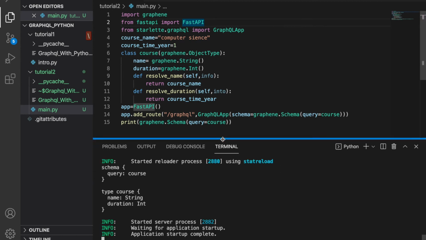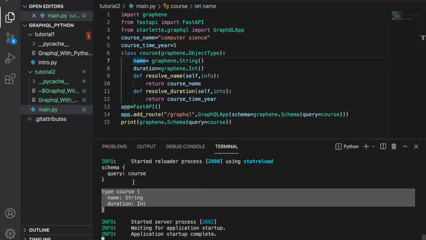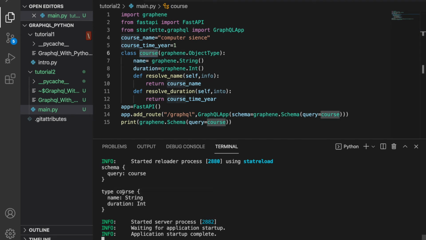Now, just because I printed this, see, I got the schema. My schema object has this object type Course, which is a Graphene object type, and it has two things, name and duration. The type is Course, and it has two fields. So this is the object type, and this is the field, and it has some resolvers.